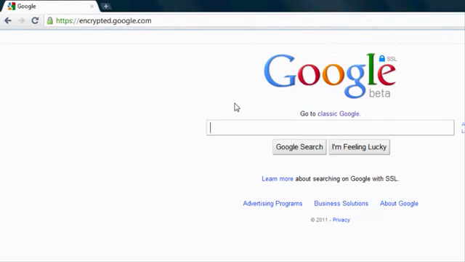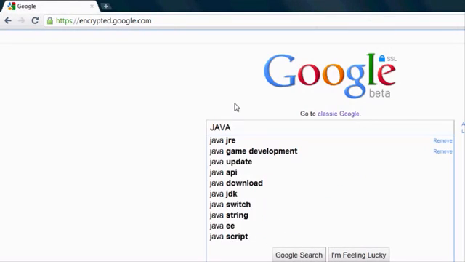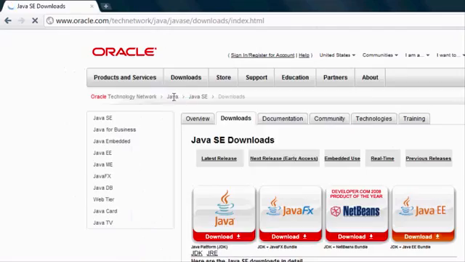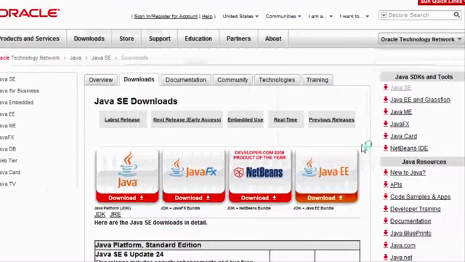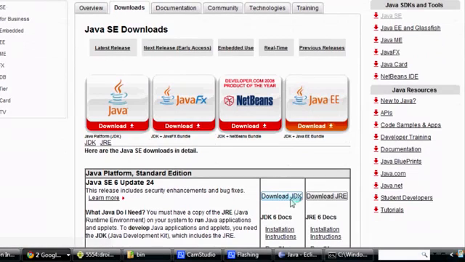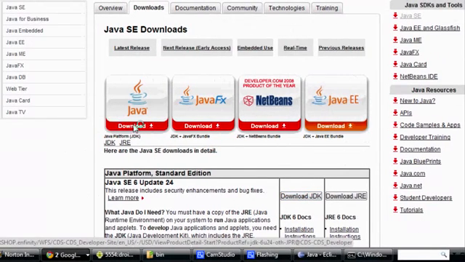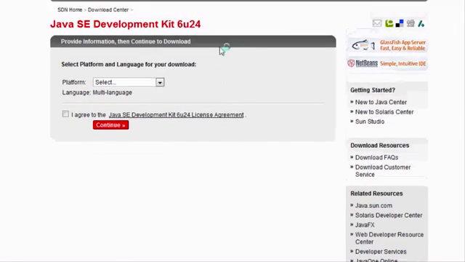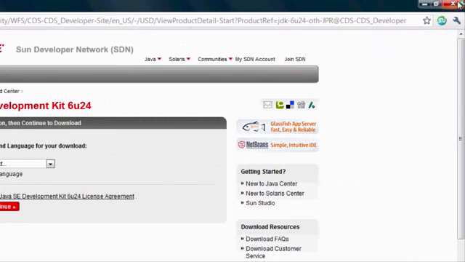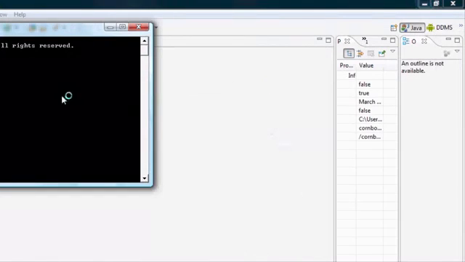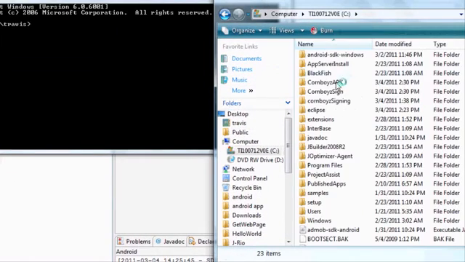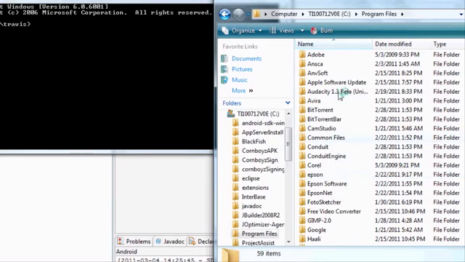The other thing you're going to need to have, I should say, is the Java JRE. Most of you guys should probably already have this, but I'm just making sure you do. So you search it on Google, come to the Oracle page, and just download it right here. Download this for your platform and save it in your program files directory. It should be the standard directory where it saves, but you just want to make sure you have that. And also you can check by going to computer, C, program files,